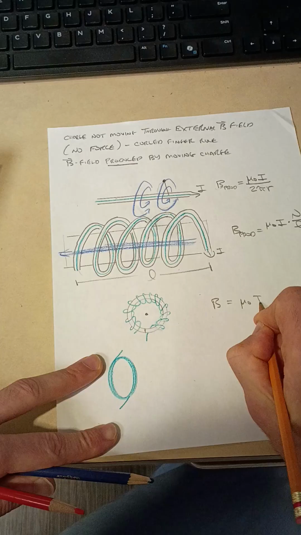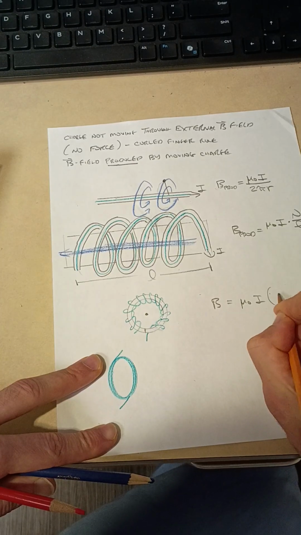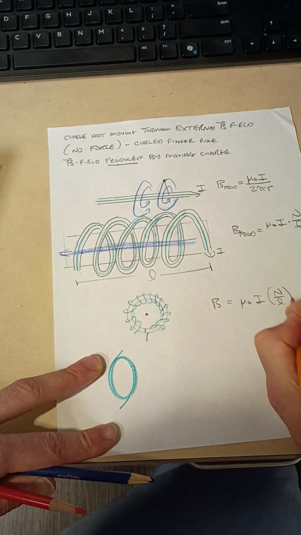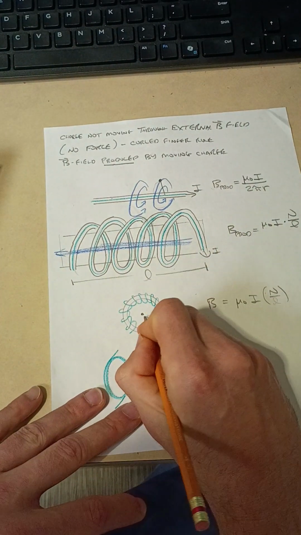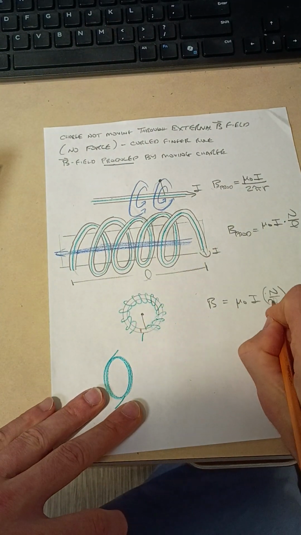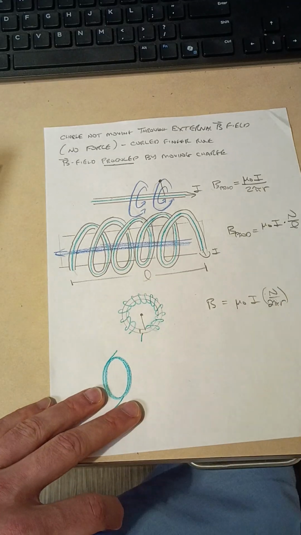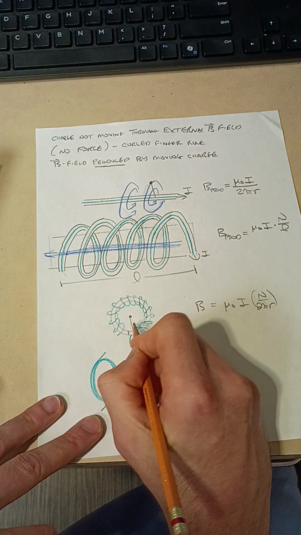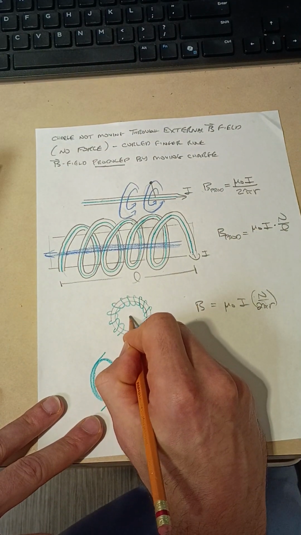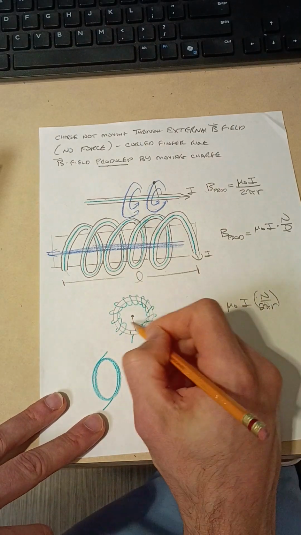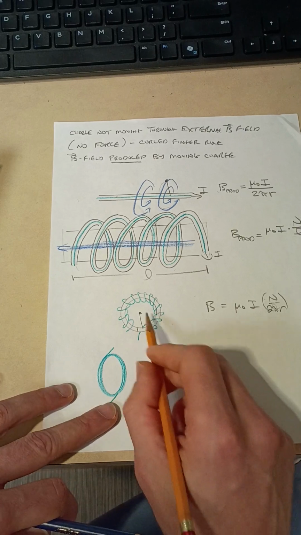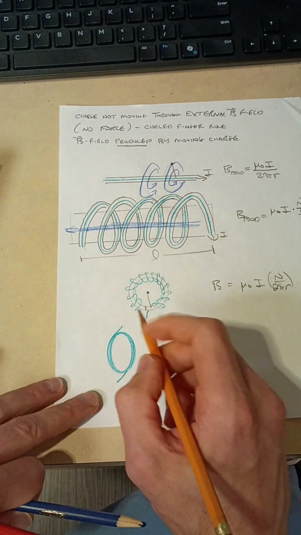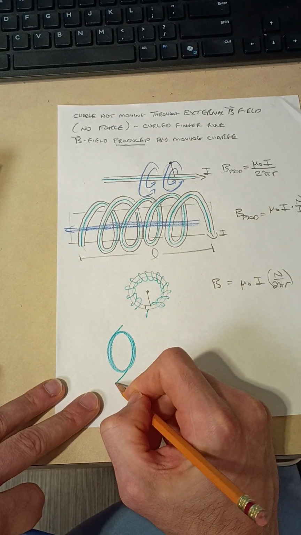mu sub naught I times, again, N over L. But what is L here? L is 2 pi r. Okay, now r is the distance from the bar to the center of the toroidal solenoid. Okay, now I don't know if you'll see that or not, but anyways,